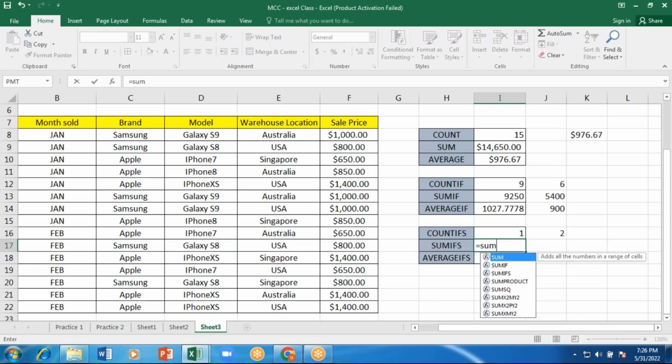Equal to SUMIFS. I'm using SUMIFS. My condition here is the sum range. Sum means what? Amount, right? So my sum range, first thing,